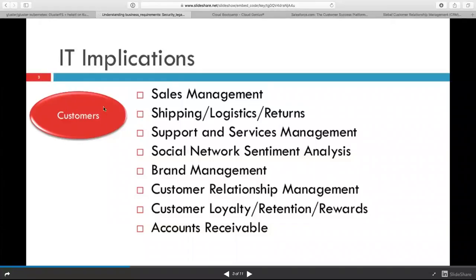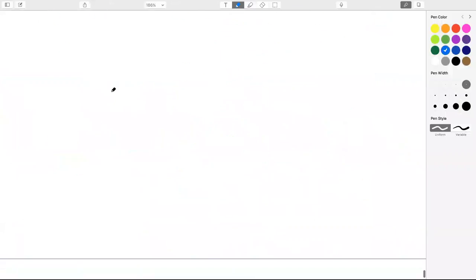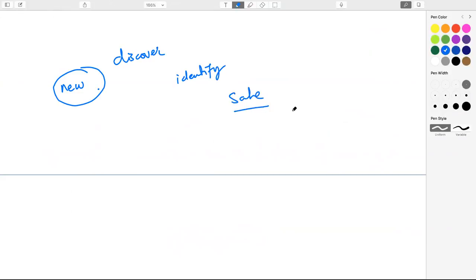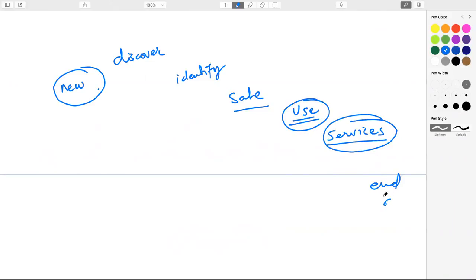The focus I am trying to get your attention on is addressing the needs of the customers. We have to have a variety of things that interact with the customer running in our business to make customers happy continuously, not just from the discovery of a new product. We create a new product, let them discover it, and identify that it is the right product for them. Then you make a sale transaction, then the sale happens, then you help them use it. While using that product, they might need some service. So all these aspects, all the way to the end of life of the product,